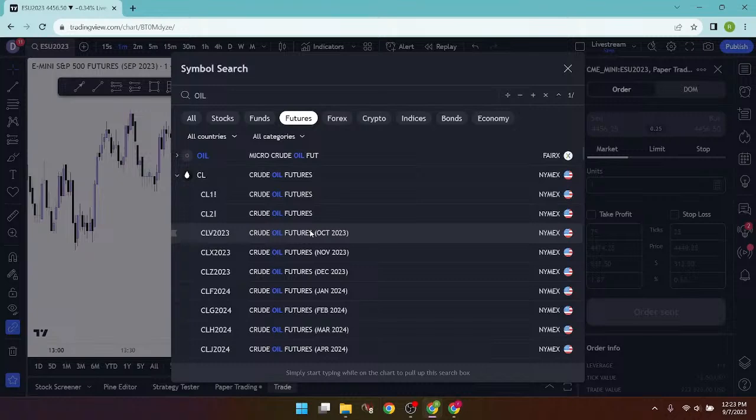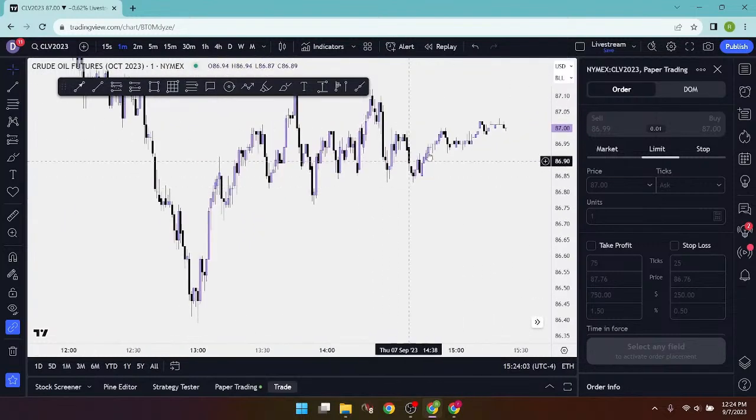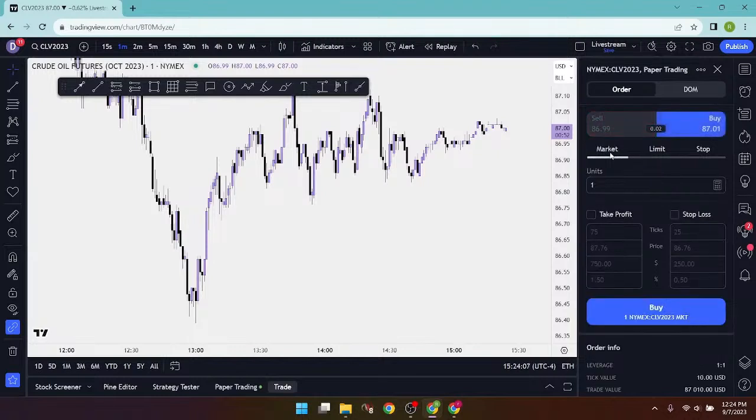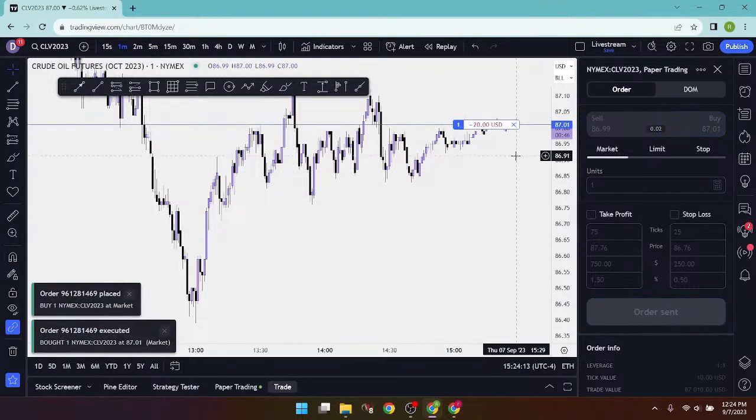Current futures contract for oil. We come over here. You can see that it's a little bit choppy now because we're late in the day, but similarly, if I want to place an order here, I would be able to place a buy order. I would say buy, and you can see that its increments now are moving in $10 increments for each one